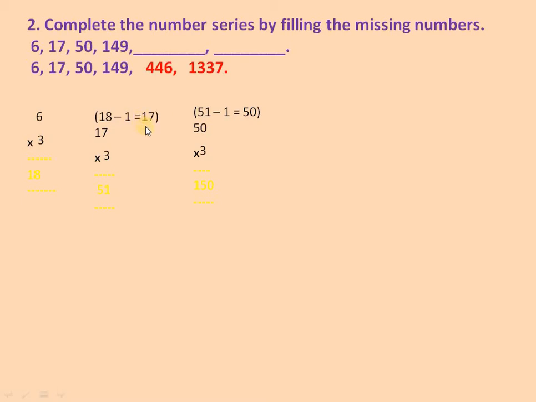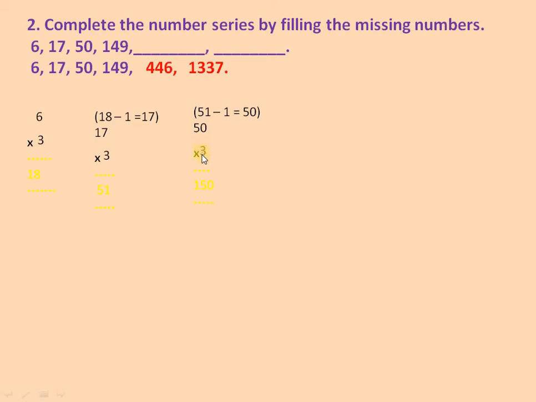We will multiply the same number 17 with 3. So you will get 3 7s are 21, 2 carry, 1 below, 3 1s are 3, plus 2 is 5. The product will be 51. Similarly, for the third one, first we got 18, then subtract 1 to get 17, multiply by 3 to give the product 51. Later, you are going to subtract 1 from it. It will give you 50.